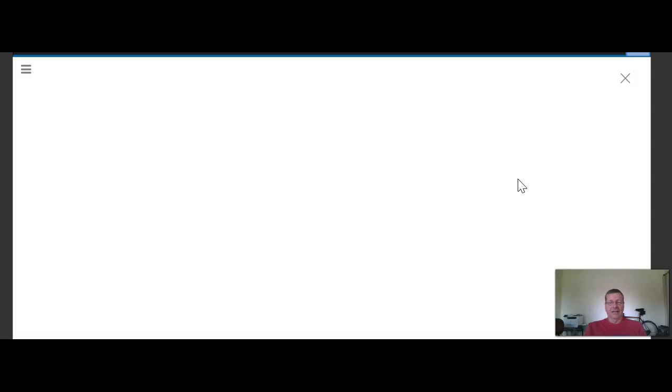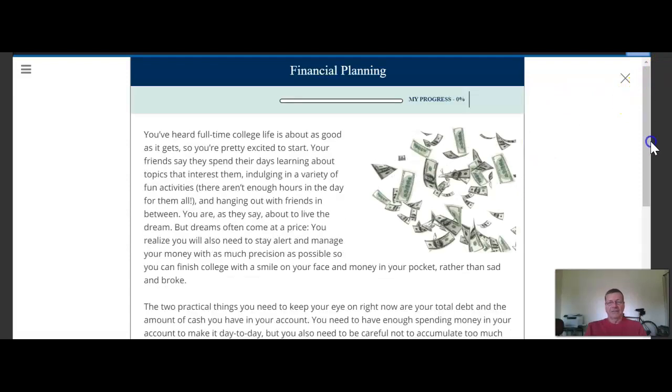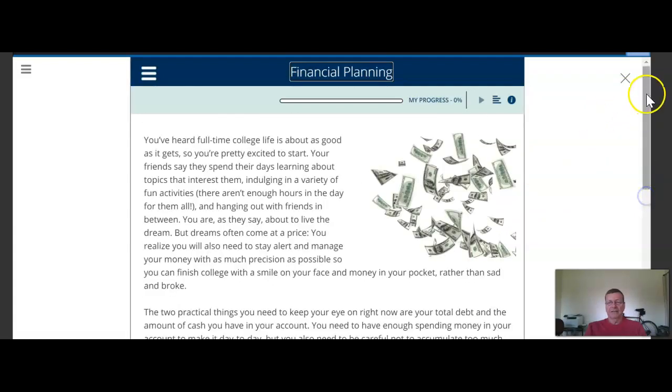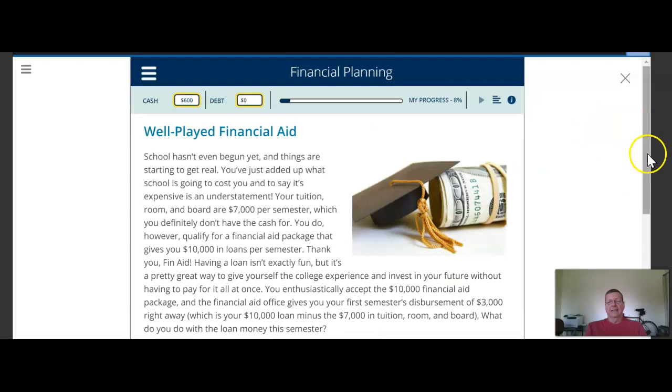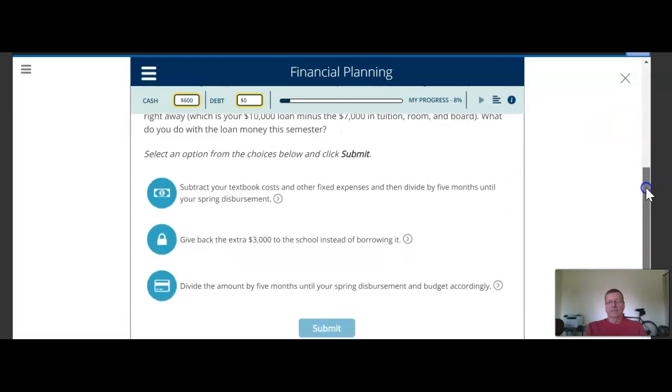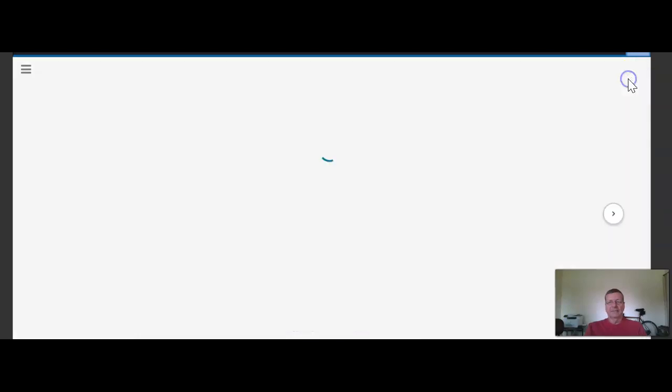I think you get it. But there's some things I want to point out. Hopefully it won't take too much longer. All right, so you go through this little simulation, and when you're done, let's see. Okay, you click your way through that, and when you're done, okay, let's submit and be done with it. When you're done with that,